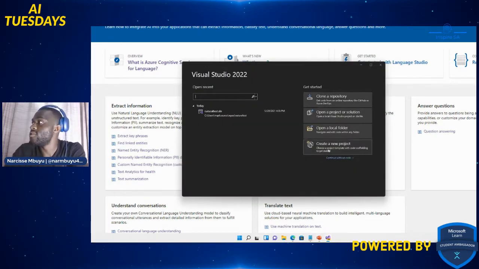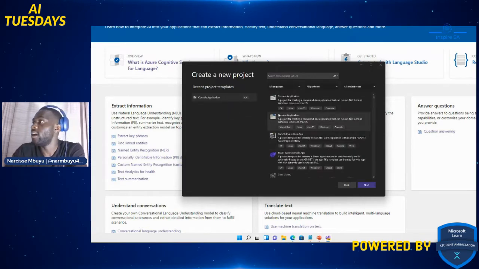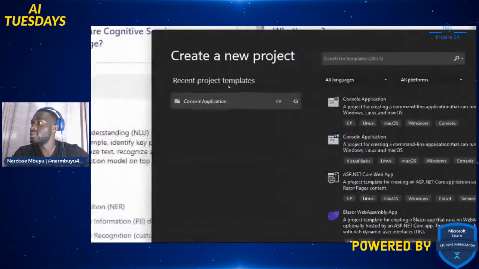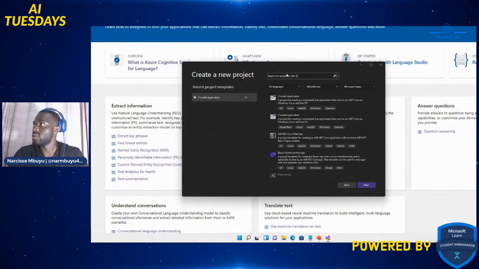As you can see, I already have Visual Studio opened. I'm gonna create a project. I'm gonna do everything from scratch so that you don't get left behind or I'm not too fast. Right. So we're gonna be working with the console application. If you don't know how to get to a console application, just search console application. You see it picks up console application, and then you choose the platform we're going to be working with, the C# language, right? And click next.